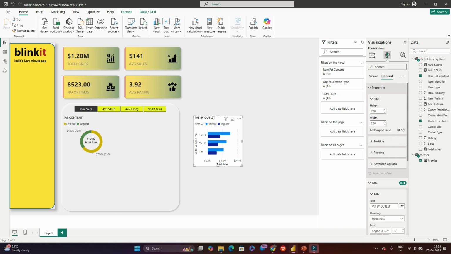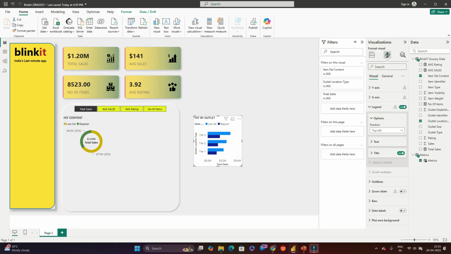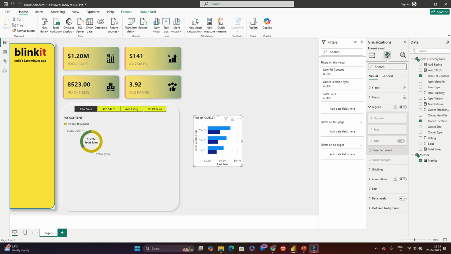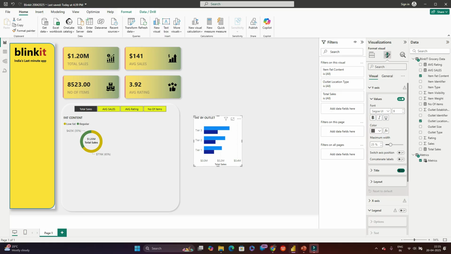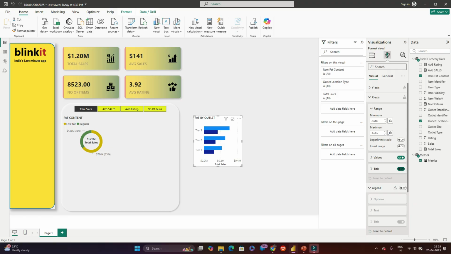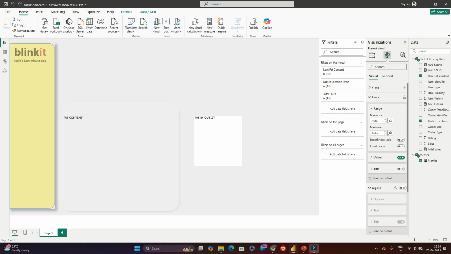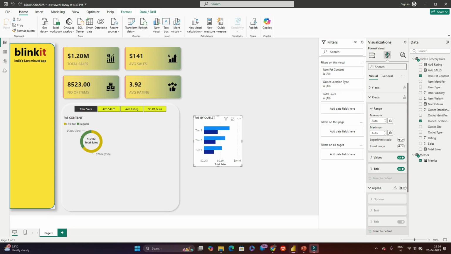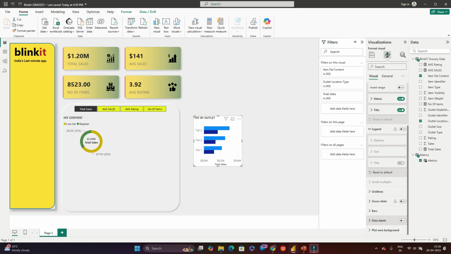go to visuals, legend, title off, and then go to axis, turn off, and then go to x-axis, title, turn off. Yes, so now it is available. And again do the formatting. Okay, so I think we should have these total sales, and yes, so x-axis, title on,